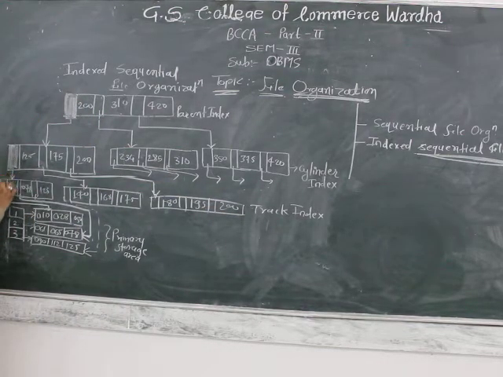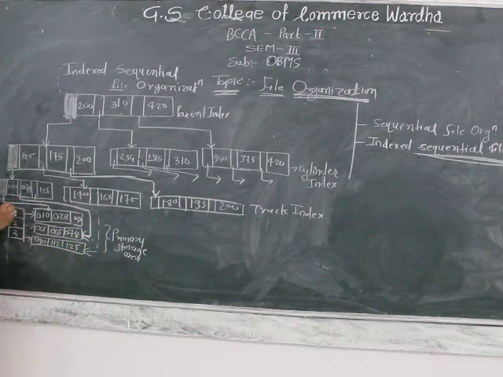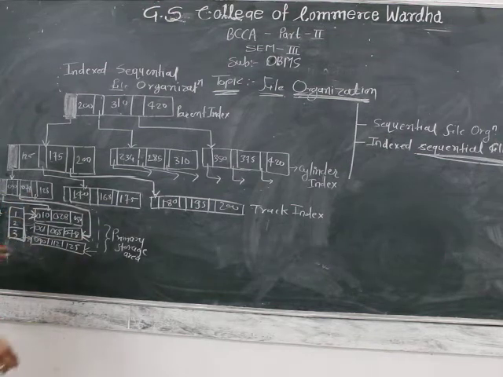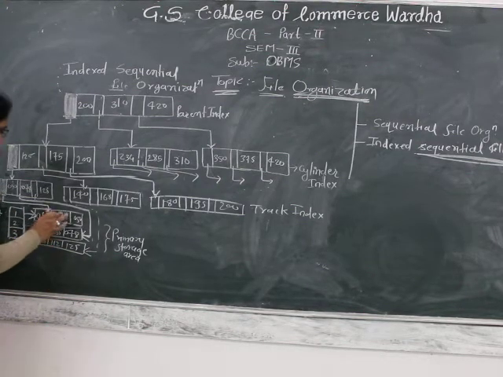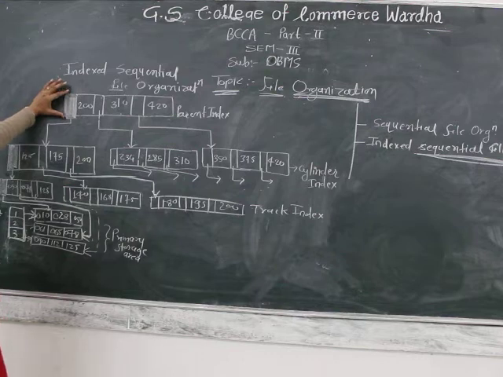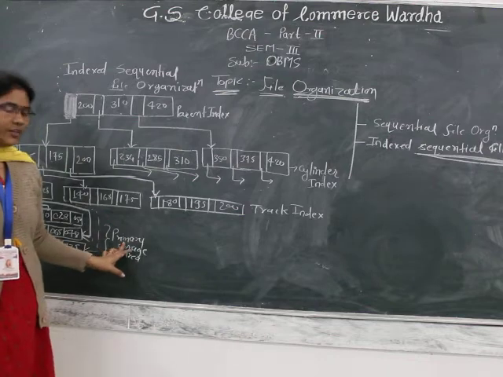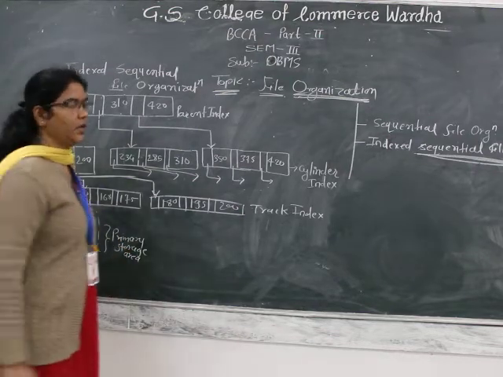This information is stored in the primary area, and this is the storage. If I want to refer to record number 28, I fetch the address of the first parent index, then the cylinder index, then the track index, and then I fetch that particular record from the primary storage area like this.